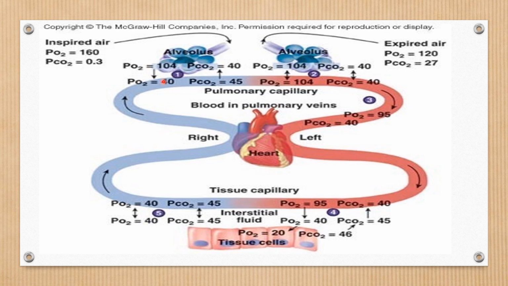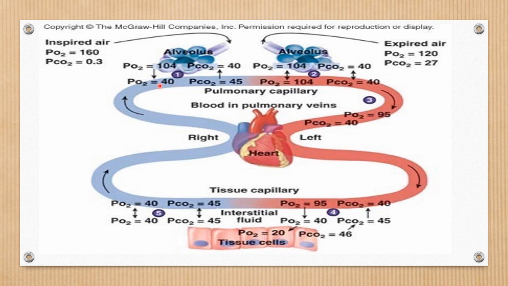So this integrated average pressure gradient for oxygen is about 11 mmHg. What is the equilibration time for diffusion of oxygen? The blood remains for about 0.75 seconds in the capillary, that is called transit time. Normally enough oxygen diffuses across the respiratory membrane so that blood PO2 and alveolar PO2 equalize, or equilibrium happens, in only one third of the transit time.